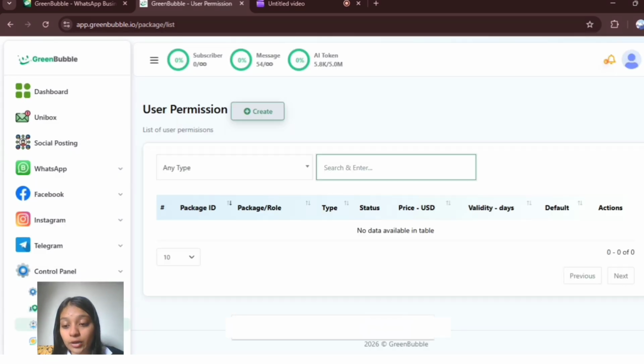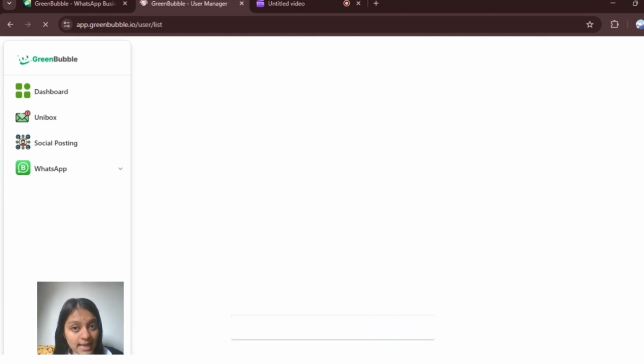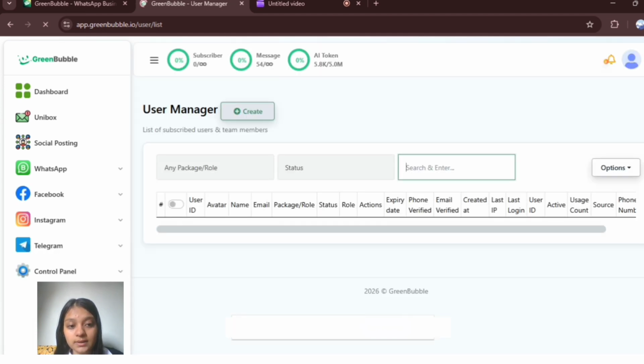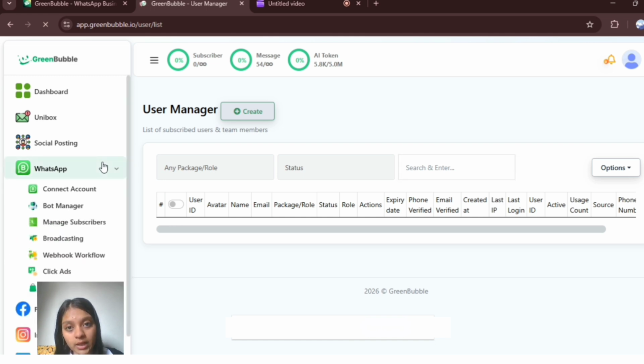We can add user permissions, user manager, and transactions. We can manage all the transactions over here. This is the most convenient way of running an online business.